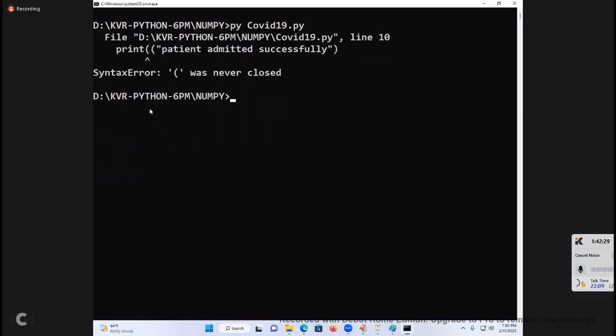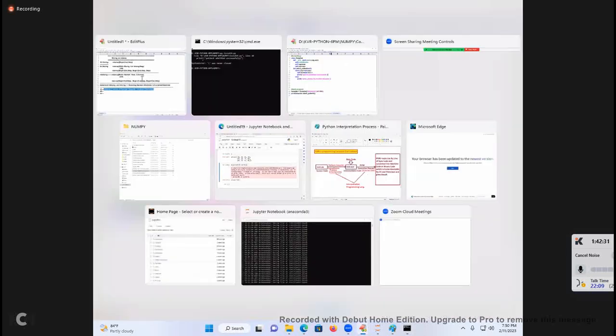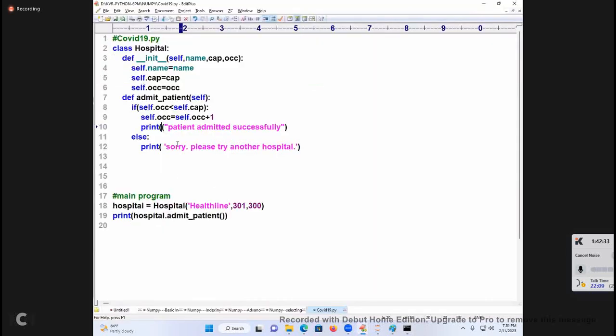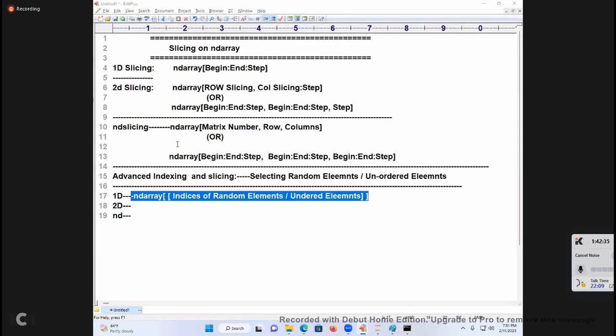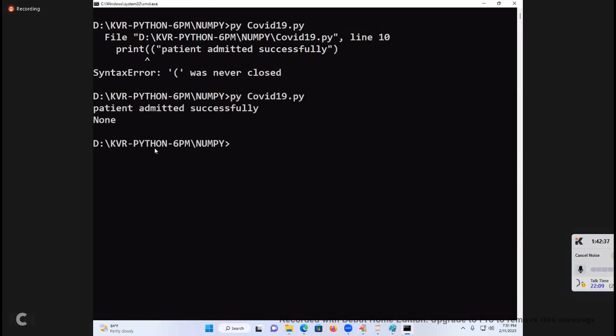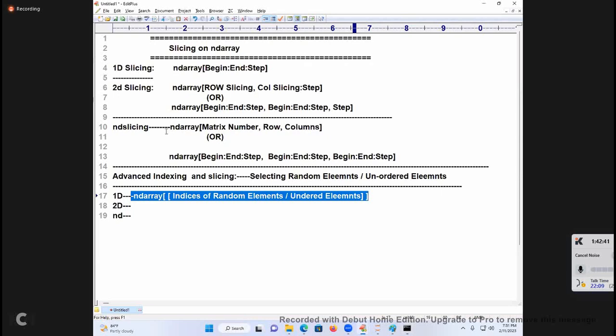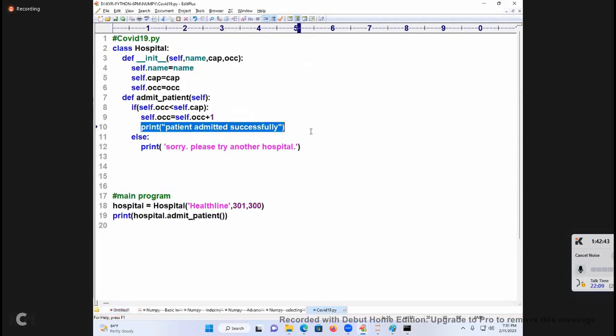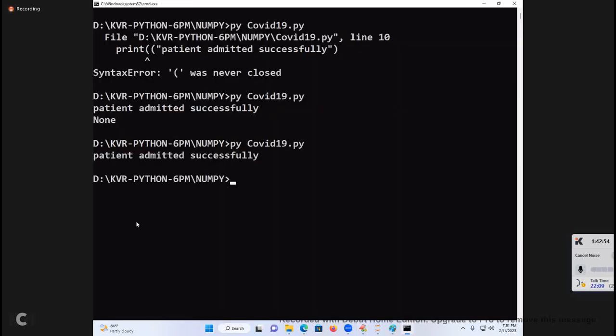Line number 10, one extra bracket. See students, see that. Is the None also coming or not? Why is None coming? Already this result is printed now. It is not expecting anything to print. To avoid that problem, you remove what? Only call it. Now you will get the perfect answer.